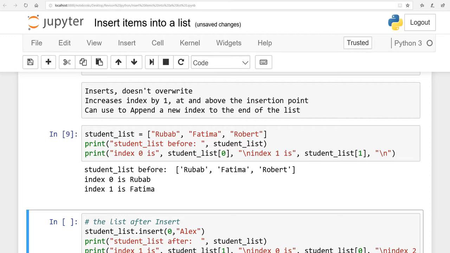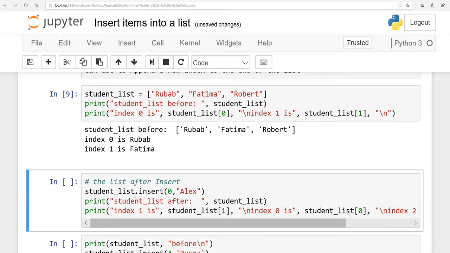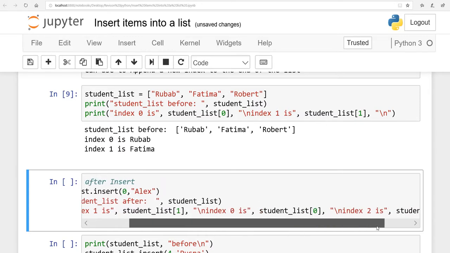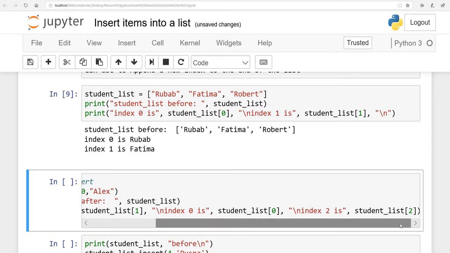Now when we insert, I will show you the difference. Where you want to insert, it will not overwrite, it will add a new name. So I wrote student_list, the variable name, dot insert and 0. Rubab is 0, so instead of Rubab, now we can have Alex. I said okay, Alex should come here, and then the same thing, it will print index 1, index 0, index 2 and the same thing. See here, I will move it so you can see easily. So when I run this code,